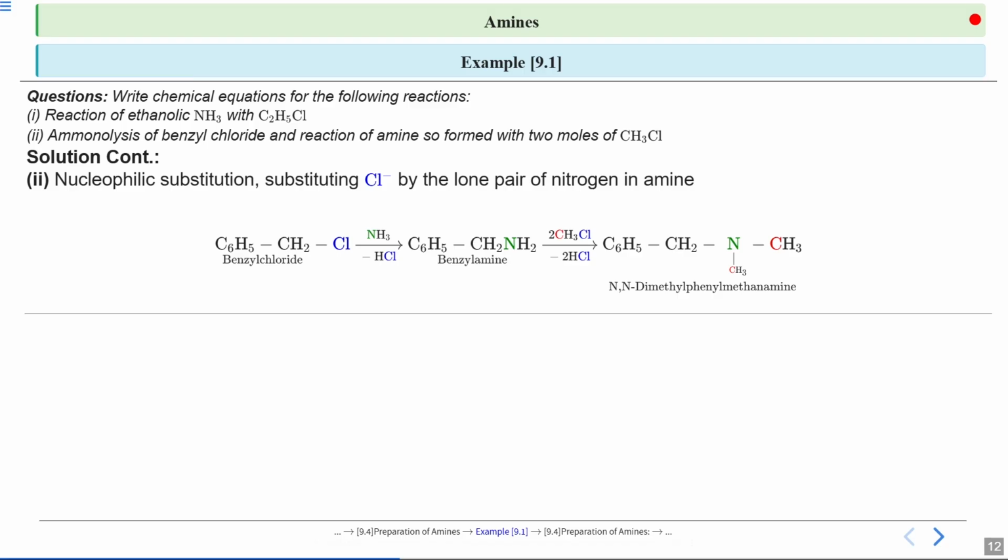So this shows how the primary amine, this is the primary amine over here, can be converted stepwise into secondary and tertiary amines by further alkylation. So each substitution replaces a hydrogen on nitrogen with a methyl group. So finally you will see over here this nitrogen atom is bonded to 3 groups: 2 methyl groups and 1 is this group over here.